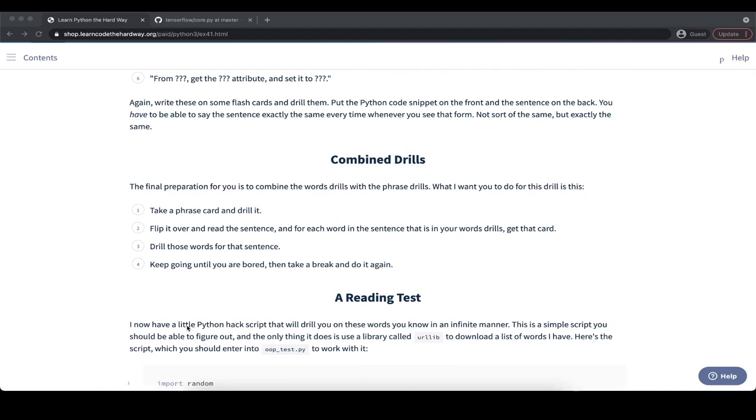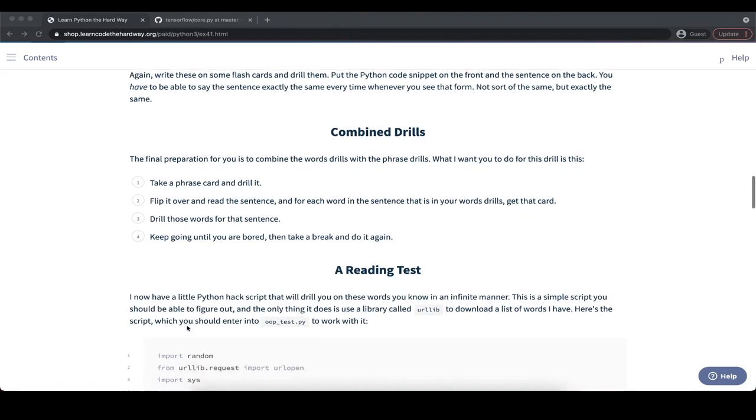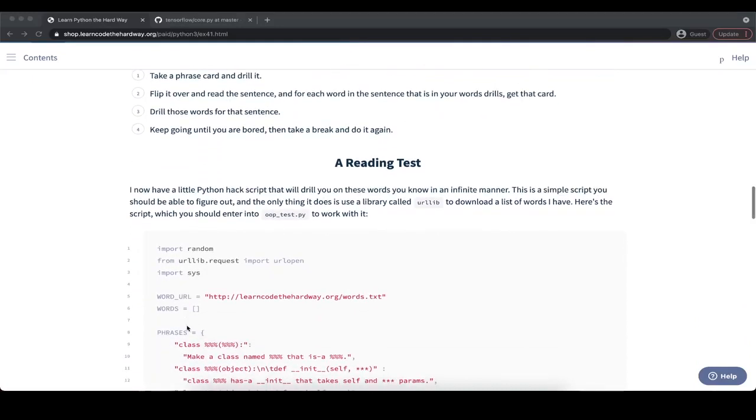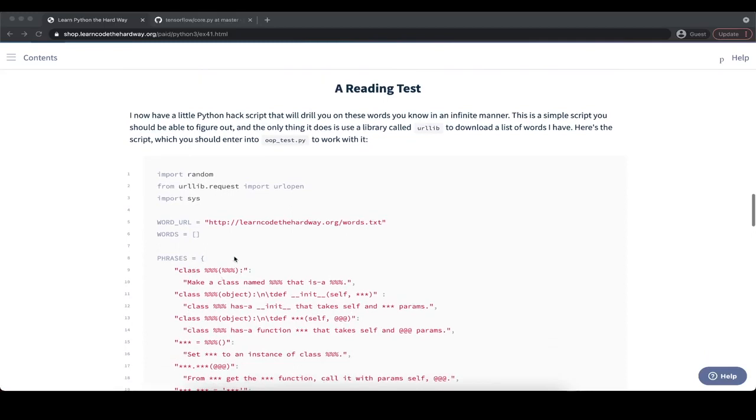Okay, and then we can continue with combined drills. What we can do is combine the word drills that we started off with initially, for example, what a class is or what an object is, and then use those phrase drills. We can write those down on some notes and then test it, and keep going until we are familiar with that. But let's actually switch over to some code, and here we have a bit of code